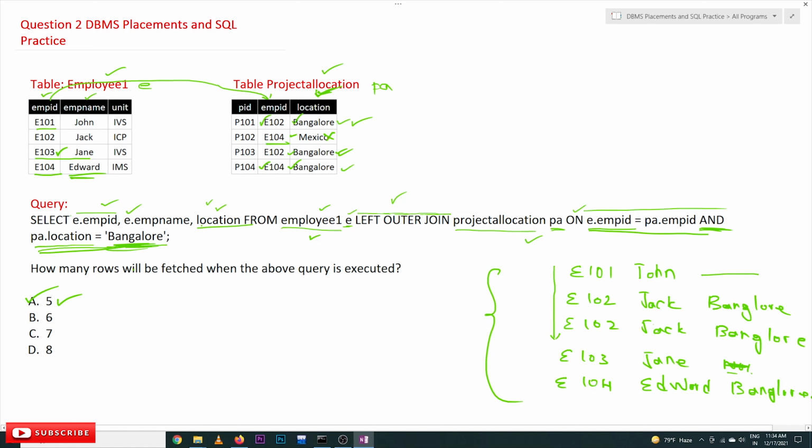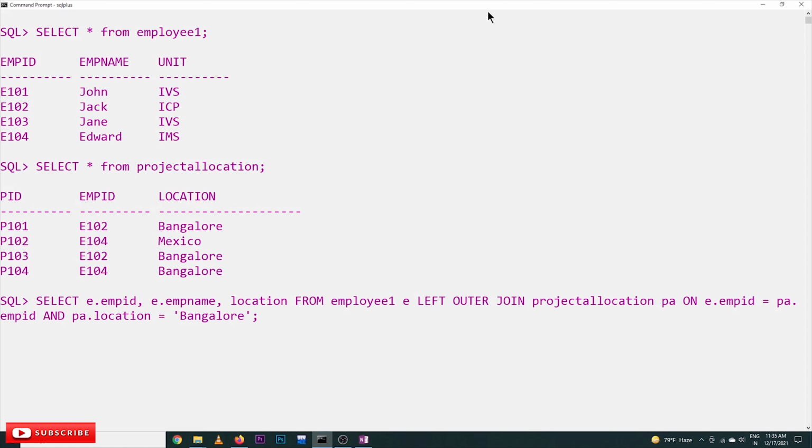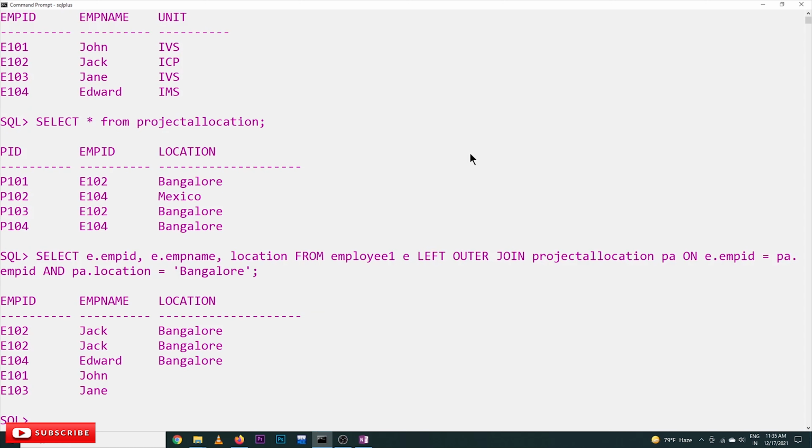Let's try to understand this on our SQL software. We have created both these two tables, and we have applied the same query on it, and we'll see whether it is producing the right results or not. See here, both are the same tables that we have taken in our example. We are going to execute the same query. Check it out. The output has 5 rows. See here, 101 and 103.